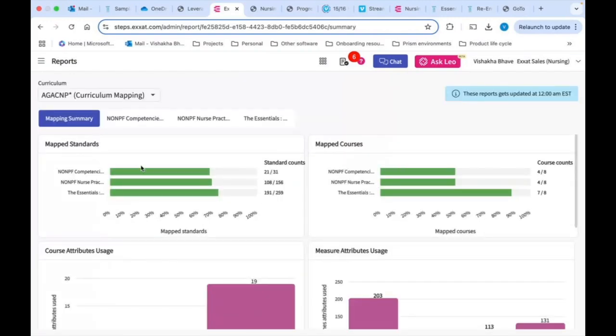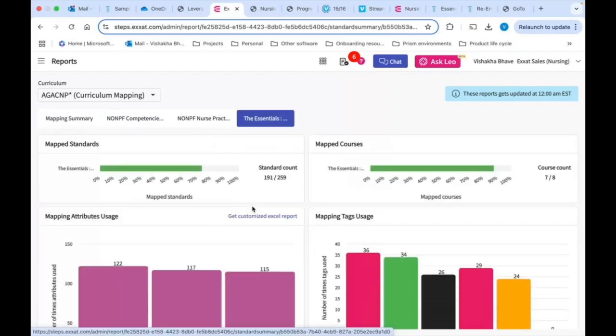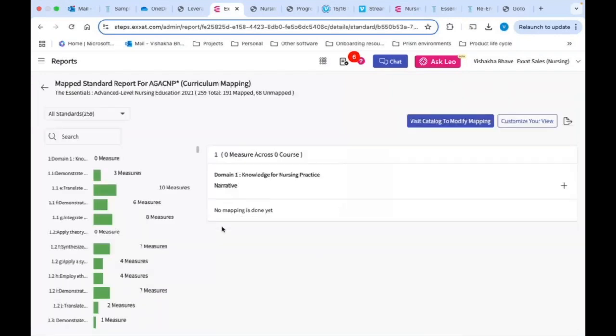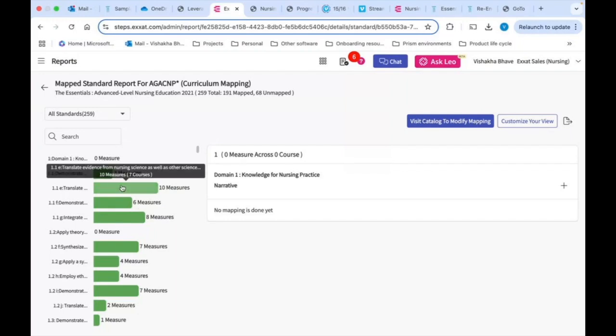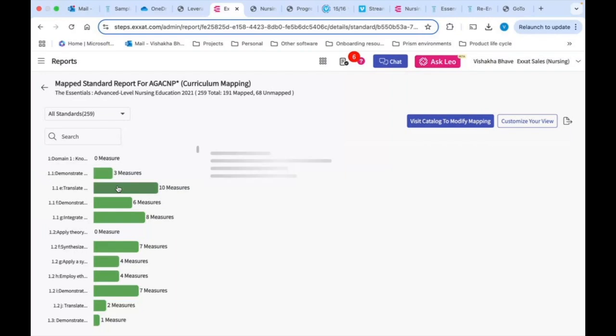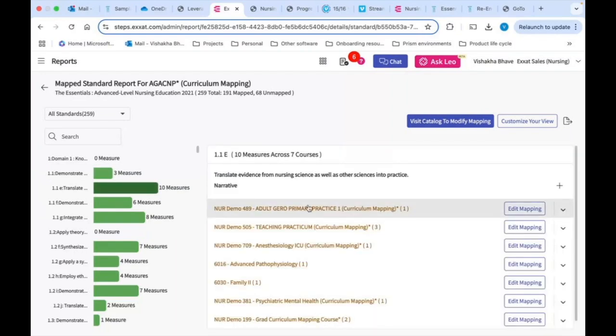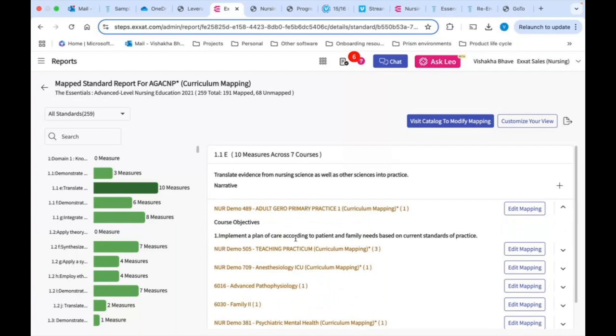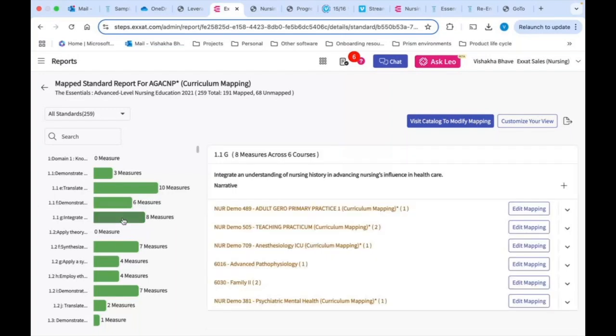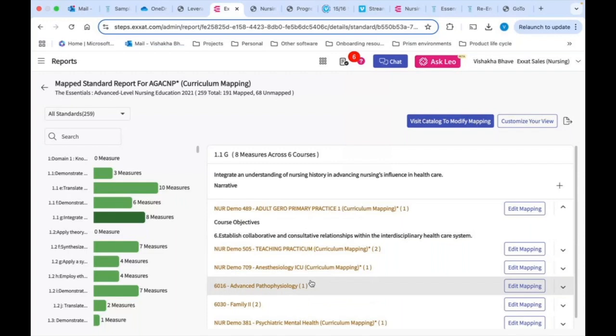Now, this is an overview, and there are way more reports, but in the interest of time, I'm going to highlight the most important reports for Essentials. Let's click on the Essentials, because now all the data that you see on this dashboard is about all the mapping done for the Essentials. On the left hand side is a list of all the Essentials. I can click on any essential. Right now I'm clicking on 1.1e, and on the right hand side I get a list of all the courses and course components that have been mapped to 1.1e, right? And I can toggle to another essential, and I can get a list of all the mappings for that essential